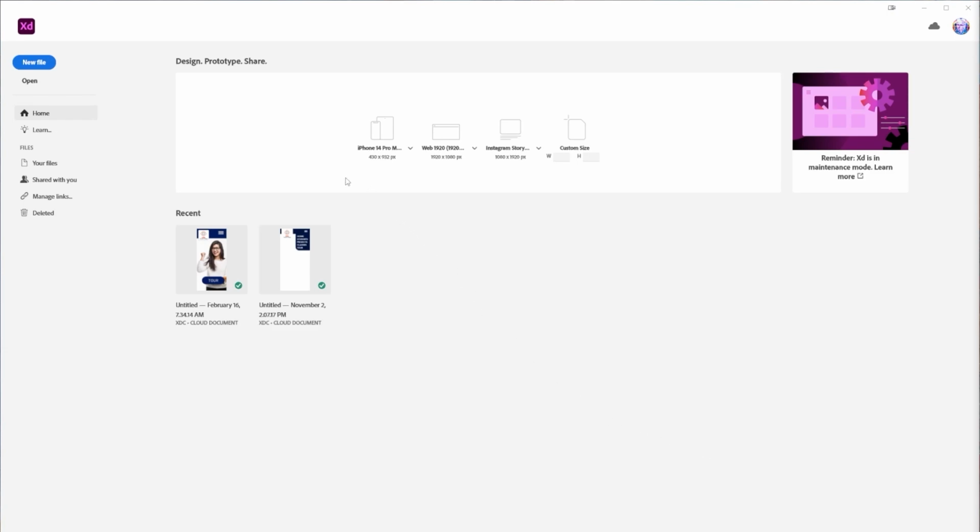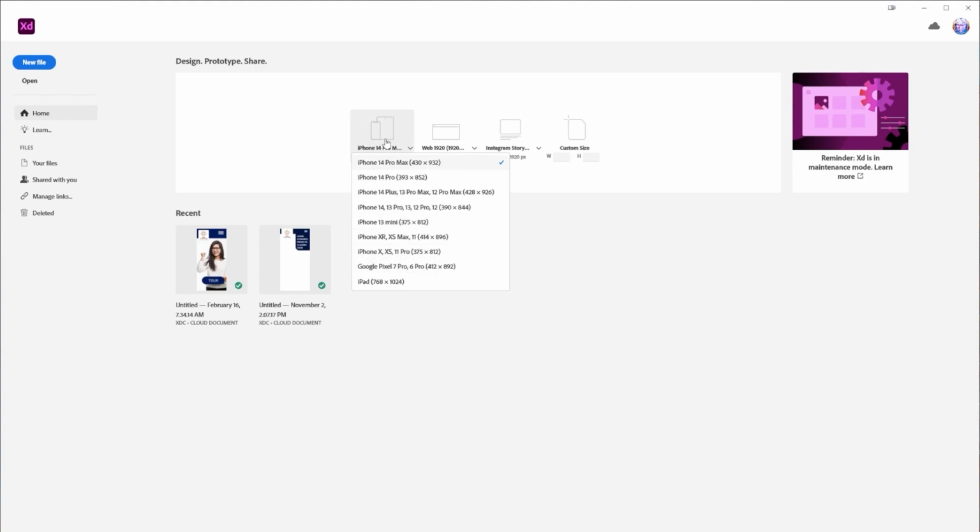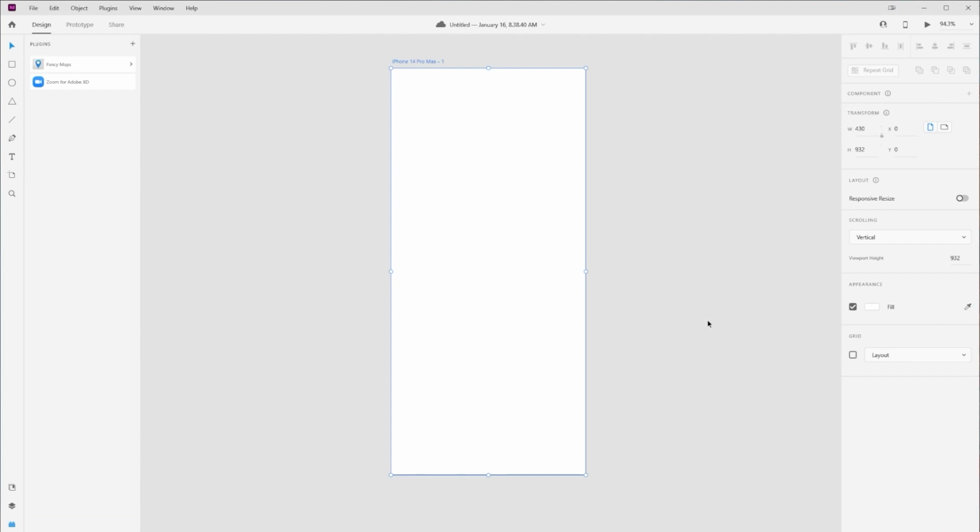So what we're going to do is start up here, and we have the option for iPhone, web, Instagram story, or custom size. For the demo today, we're just going to go with iPhone. You can also hit these drop downs and get different options. So for example, if you wanted to make it for a Pixel, you could do that, but we're just going to stick with the iPhone for this demo. It's going to come up with the correct size for the image. And we're going to get started with a simple page that can be a launch page for your app.